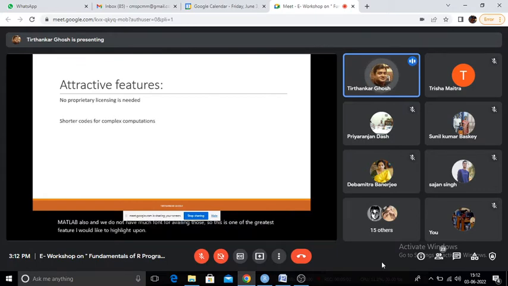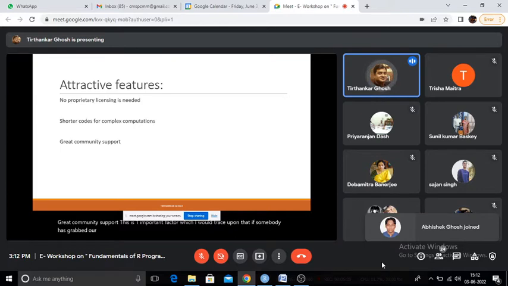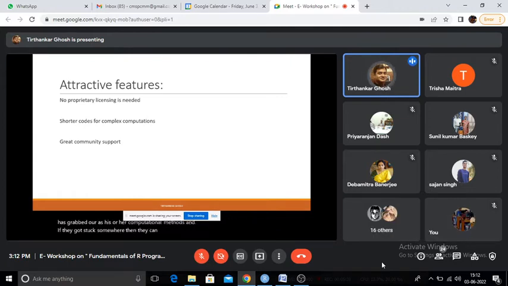Then, we can do very complex computations with very small codes. This is another advantage I would mention. Great community support is another important factor: if somebody has adopted R as their computational method and gets stuck somewhere, they can immediately Google and get support, because it's open source.